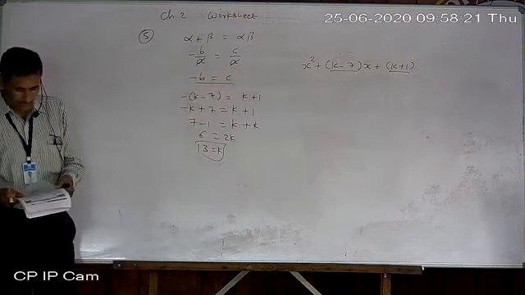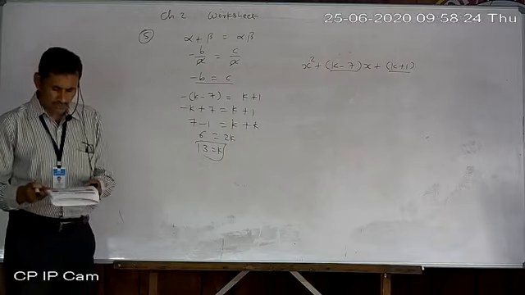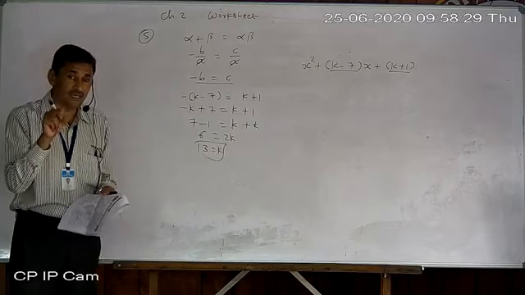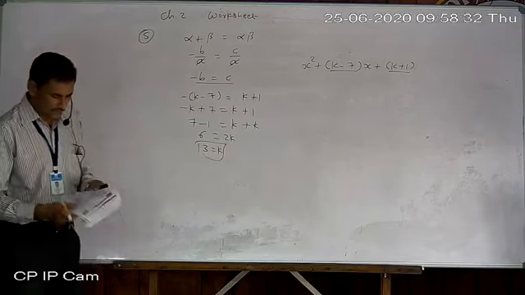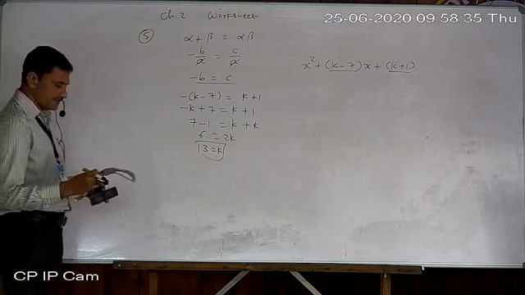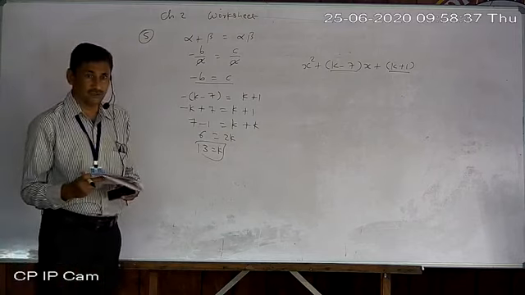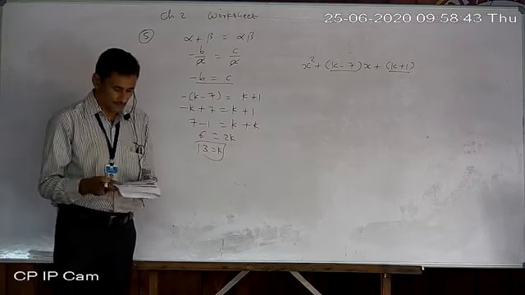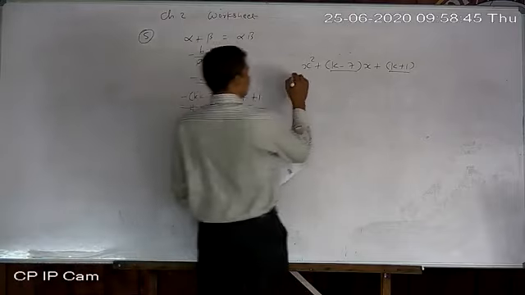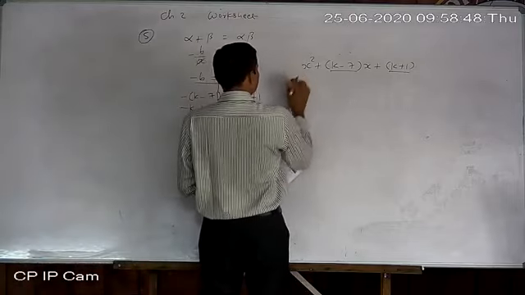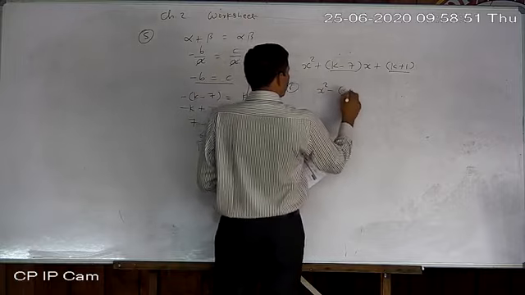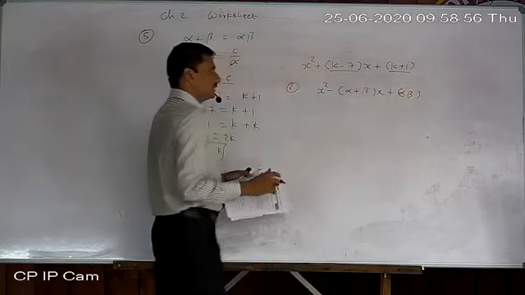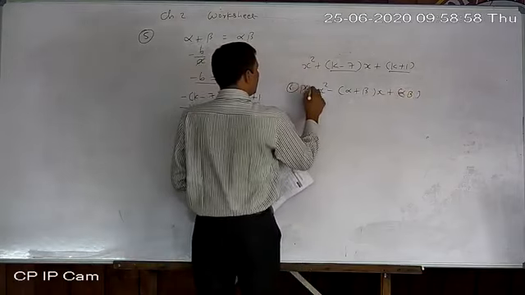Now number 6. Sum and product are given, so that is the formula: x square minus alpha plus beta x plus alpha beta. Just write down that formula. So x square minus 4x plus 4 will be the answer. The answer is not important, the method is important, so I am mostly not giving answers. In 6, just write down this formula; the previous one was for question number 5. In 6.1, x square minus alpha plus beta x plus alpha beta, that is the formula of the polynomial P of x.